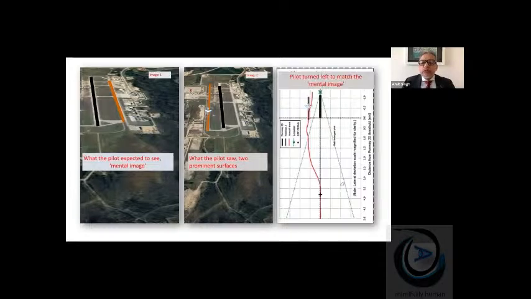What did the pilot do? He tried to match his mental image that when I see the runway, there should be a taxiway on the right. So landing surfaces. If you see the third image on the right, he was on the localizer. When he came visual, he said, no, there's something wrong. Why is there a landing surface on the left? So he turned left to align the mental image so that the second surface remains to the right.